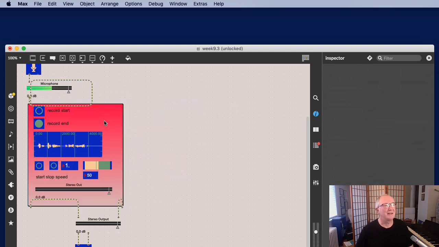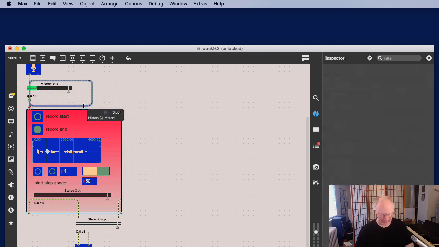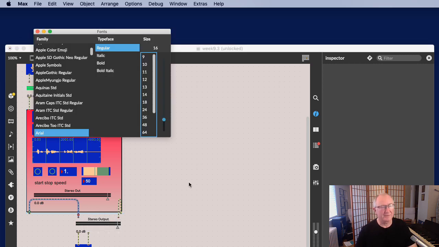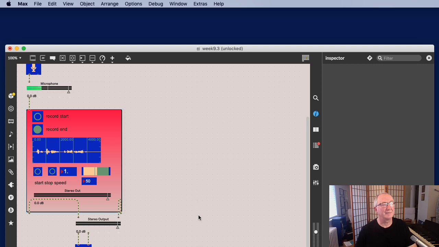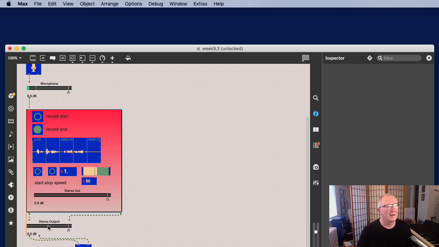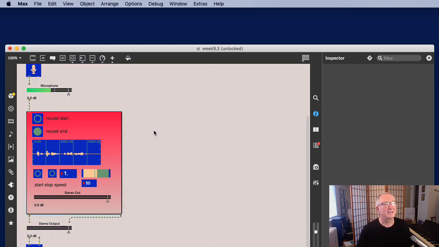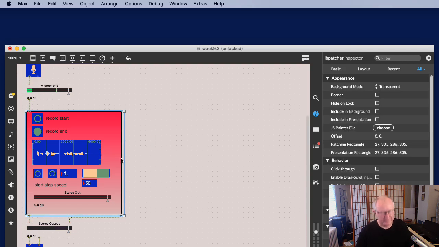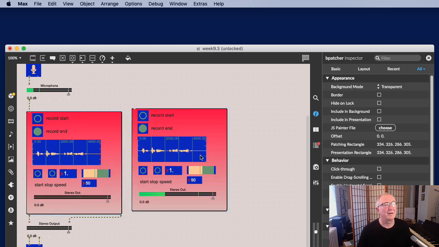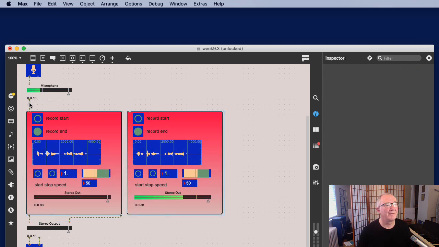How much work would it be? Let's put this over here, out of the way. How much work would it be to make another one of these? Well, it would take us about this long. Copy, paste, move it there, put the inputs in, put the outputs out,